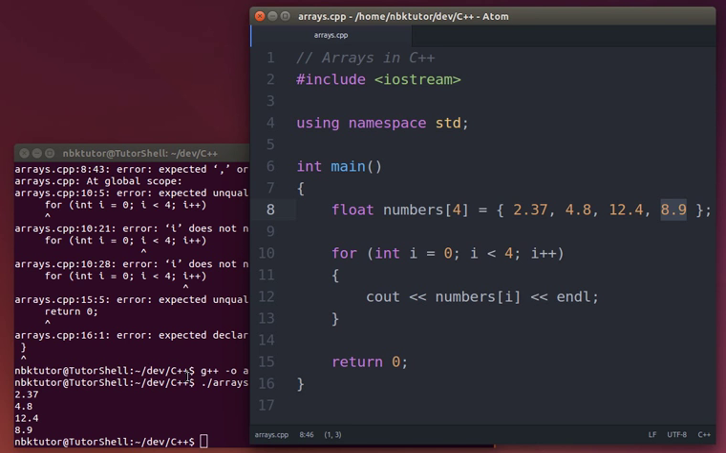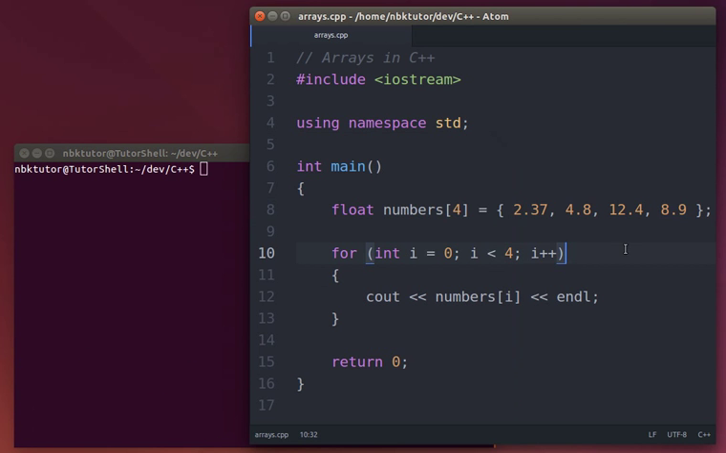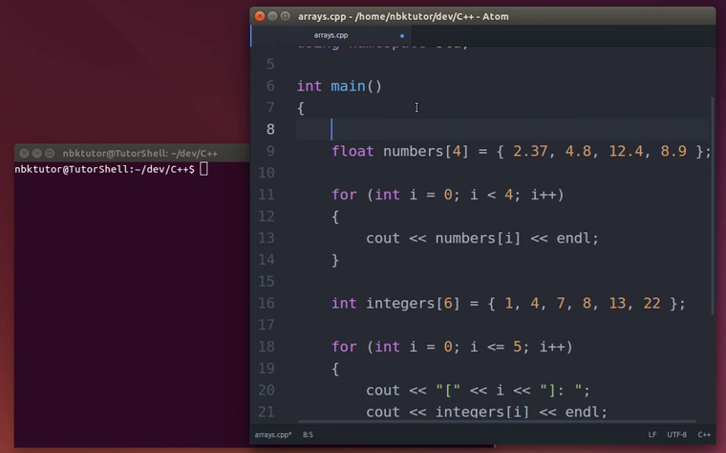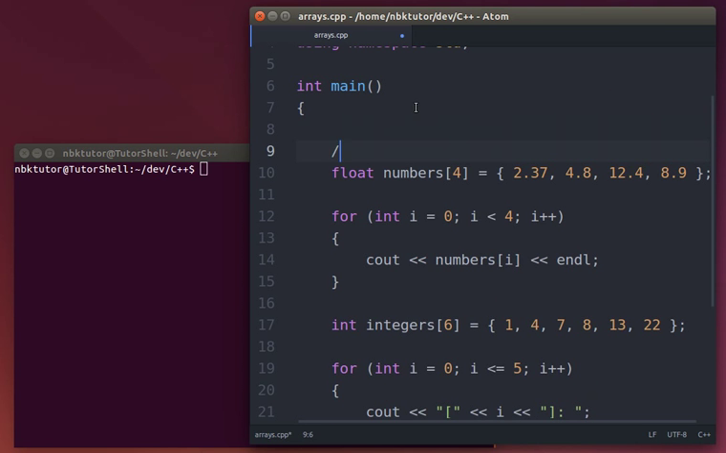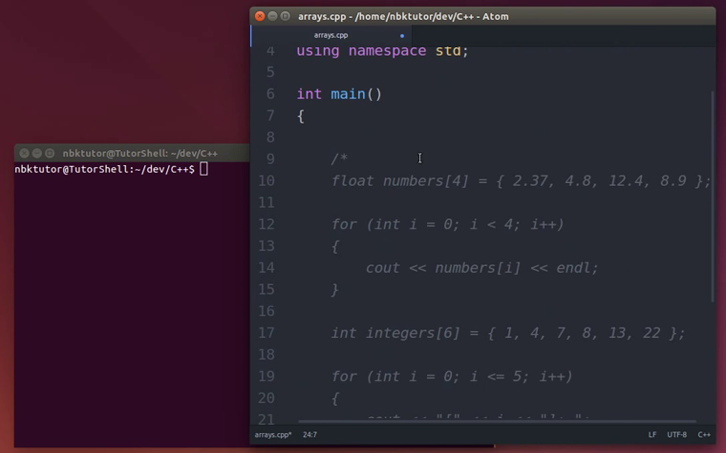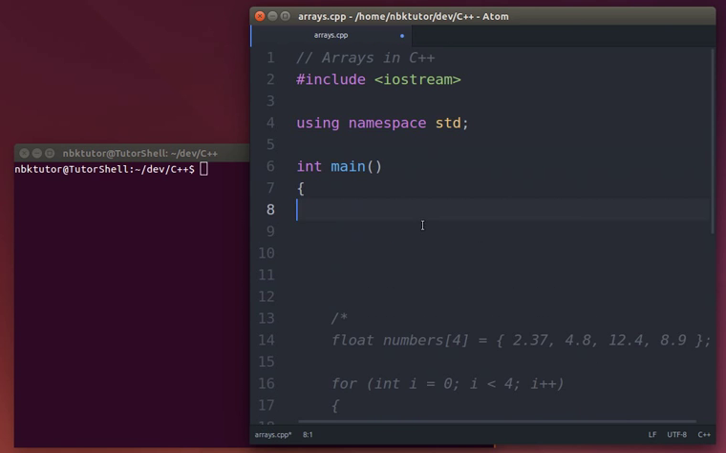And now I'd like to do something different. So let's first just declare the array and then later define the values. So let's say, just comment this out. Let's get that out of the way. So let's say I want to create an array of characters